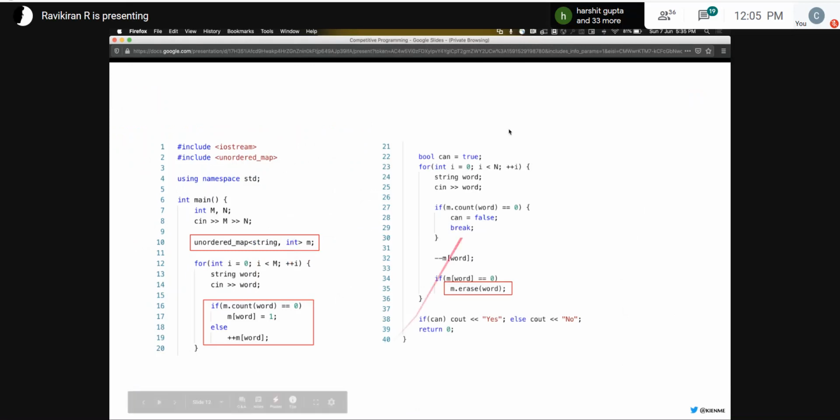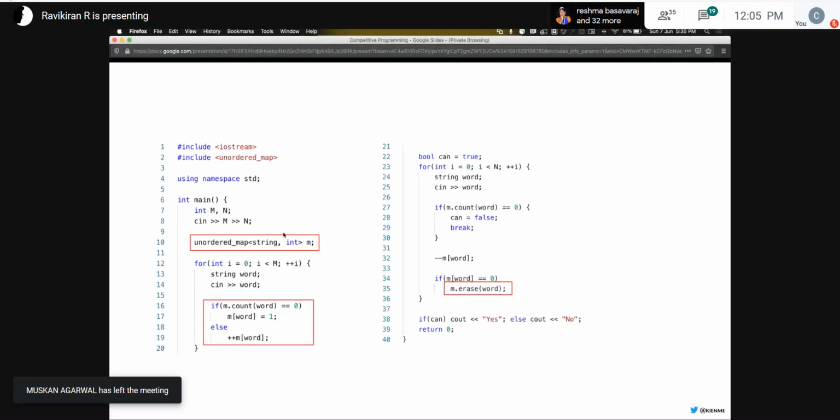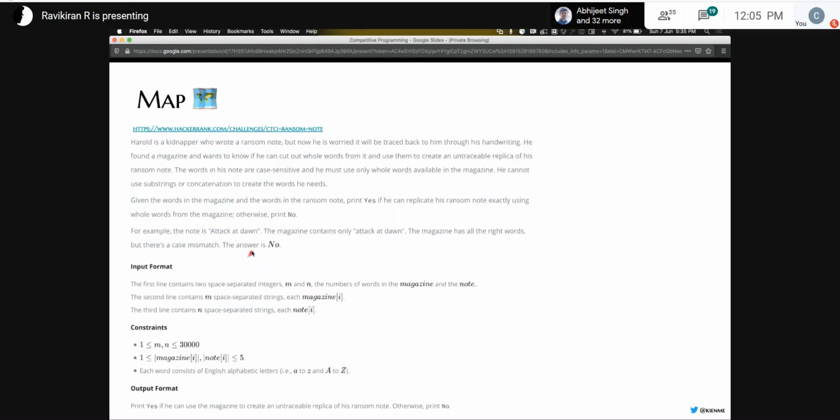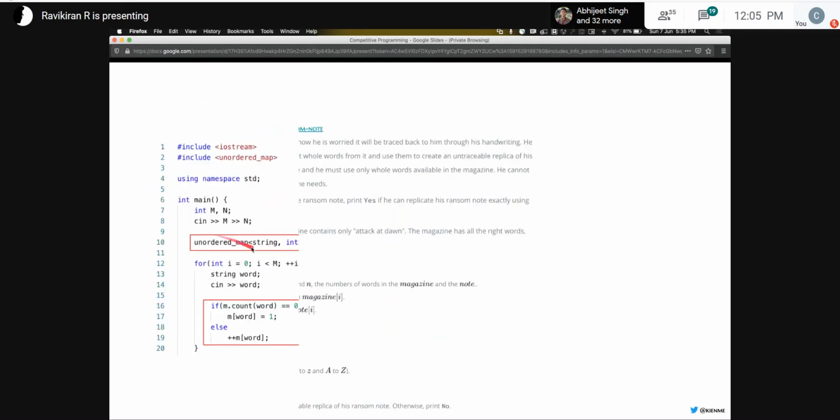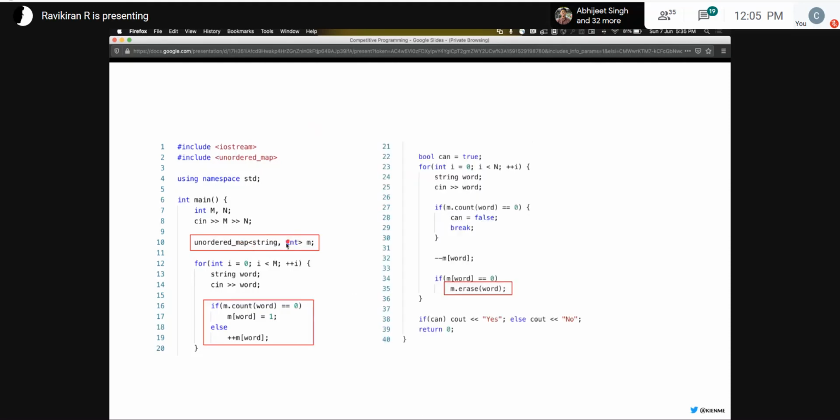So I split it into 2 parts here. So again, this is very similar to how you declared vectors and sets. The only difference is that you have 2 values in the angular brackets here. Earlier you just had 1. So here, this specifies what data type is for the key, and this specifies what the data type is for the value. So in our program, the key is the word itself, which is a string. So the key's data type is string, and the value will be an integer because it will be something like 1, 2, 3. And this is the name of our variable.